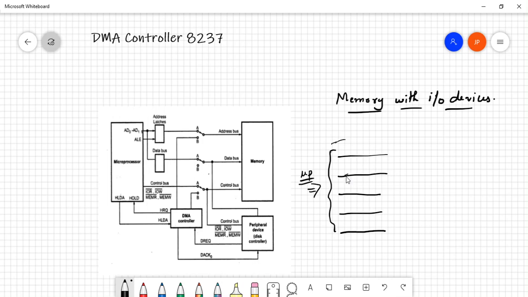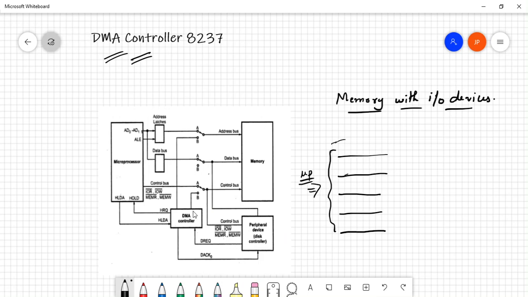So here it becomes a very lengthy process, because 5 instructions for 1 byte, let's say you are transferring 1 megabyte, which means that 5 into 1 million instructions have to be run just for transferring 1 megabyte of data, which is really time taking for the processor. Therefore we have a new chip that is known as the DMA controller. The DMA controller is a chip that does not involve the processor in order to do the data transfer.